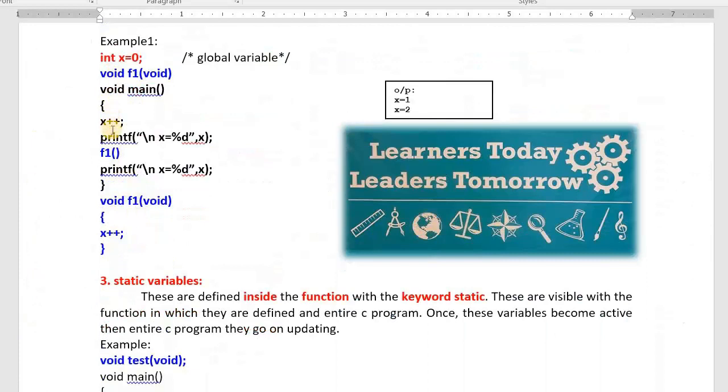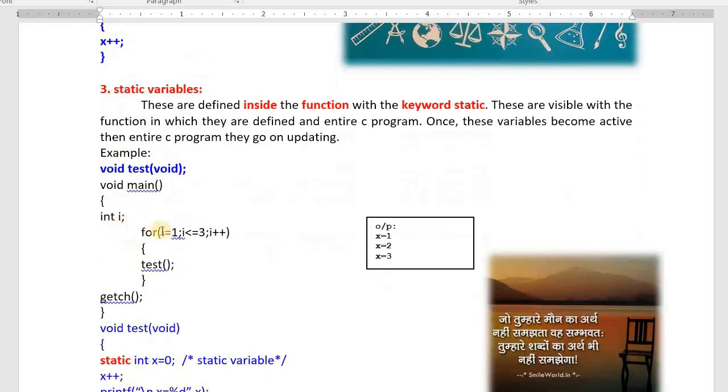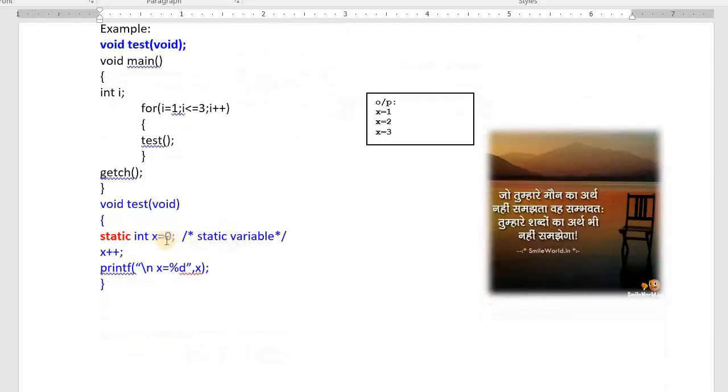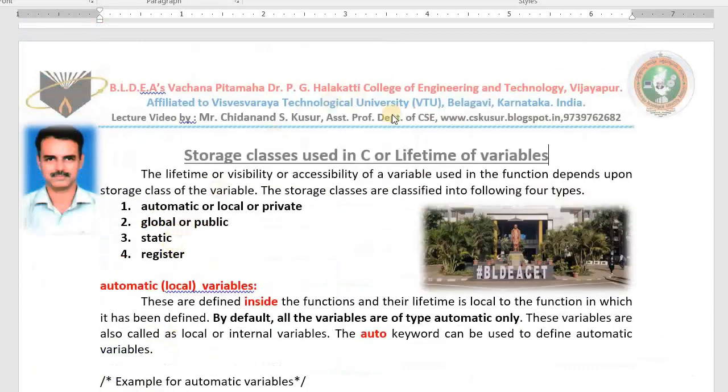x has been incremented by 1. Here we are printing x. Here we are printing x. Here we have incremented x by 1. All these are variables. int i = 1, i <= 3, i++, int x = 0. All these are variables. As we already know, a variable can be defined as the computer's memory in which different types of values can be stored. Okay, no problem at all.